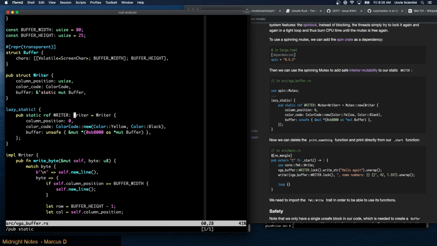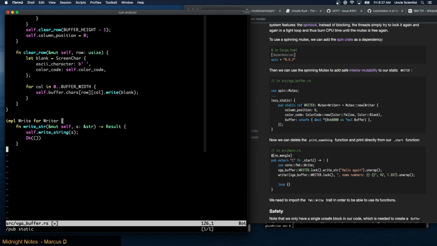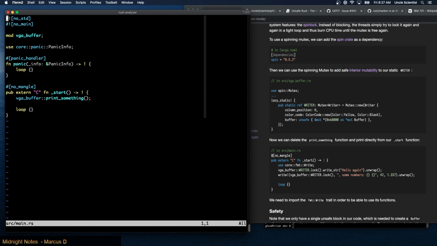Pub static ref WRITER: Mutex<Writer> is a Mutex::new(Writer). Right, now we can delete the print_something function and print directly from our start function. Oh, here we have to actually say use core::fmt::Write, right? Because we need the trait to be in scope. WRITER.lock().write_str("Hello again").unwrap(),